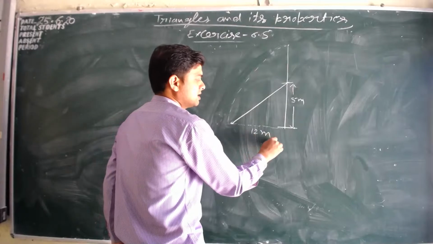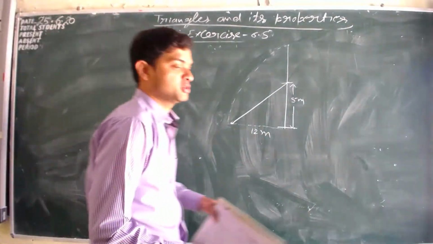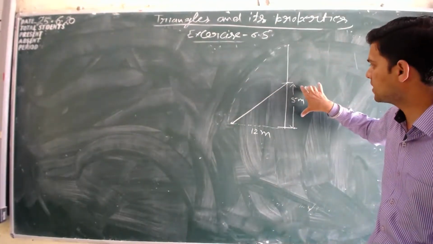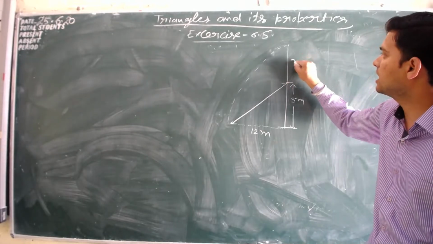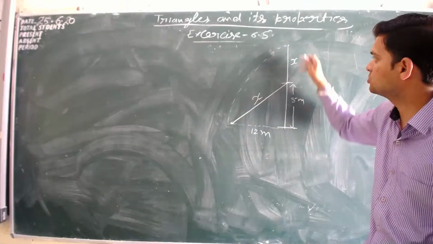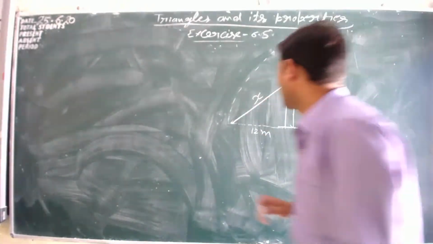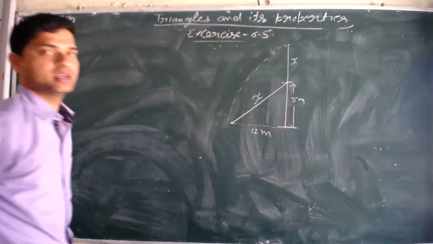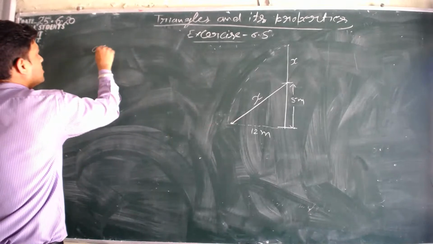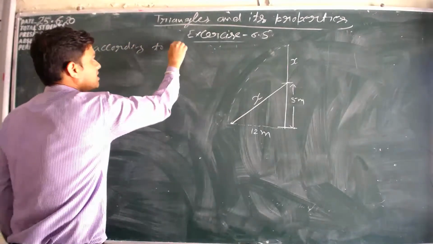ओके, नाउ फाइंड द ओरिजिनल हाइट ऑफ द ट्री। हमने इसकी ओरिजिनल हाइट को कैलकुलेट करना है, तो इसने 5 मीटर हाइट से ड्रॉप होता है, ये हाइट हम मान लेते हैं x है, तो इट मींस जो ये टूट के यहाँ आया तो ये भी x होगा। तो अब हम इसको पाइथागोरस थ्योरम से कैलकुलेट कर सकते हैं, अकॉर्डिंग टू पाइथागोरस थ्योरम।